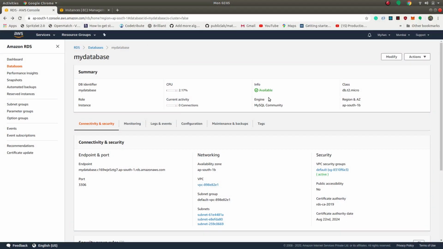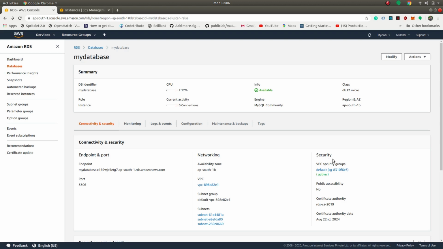Now we will connect our database to our EC2 machine, and for that we will require the endpoint and port number, which is given here. As you can see the port number is 3306. Basically our EC2 machine will communicate with our RDS using port number 3306. So we have to open this port in our database, that is in our RDS. This is one of the most important steps that people usually forget. So you should be careful at this point.